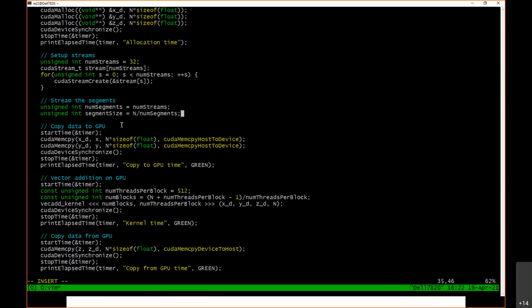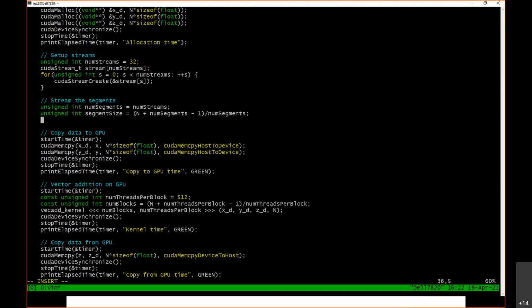N is the size of the whole array that I'm adding, but n may not be divisible by the number of segments. So in this case, I want to do a ceiling. I'm going to do that by doing n plus num segments minus 1 over num segments. Okay, now I can loop over my segments. I'm going to write for unsigned int s equals 0; s is less than the number of segments;